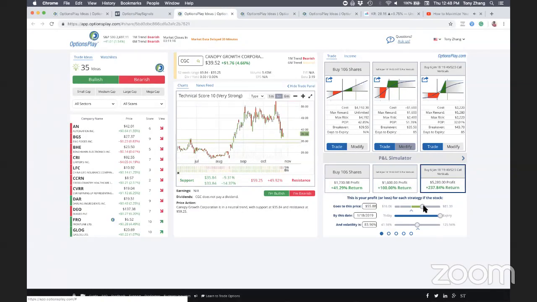But if you think the stock's really going to make a big move, so if you think it's going to go back up to 55, which with these weed stocks, I think that's very possible, as you can see here on the credit spread, you're still only going to receive that $1,600 versus a $5,200 reward on the debit spread. So again, if you're expecting a large move, debit spread is going to be the way to go. If you expect it to not move at all or stay where it is, credit spread will give you that better risk reward.